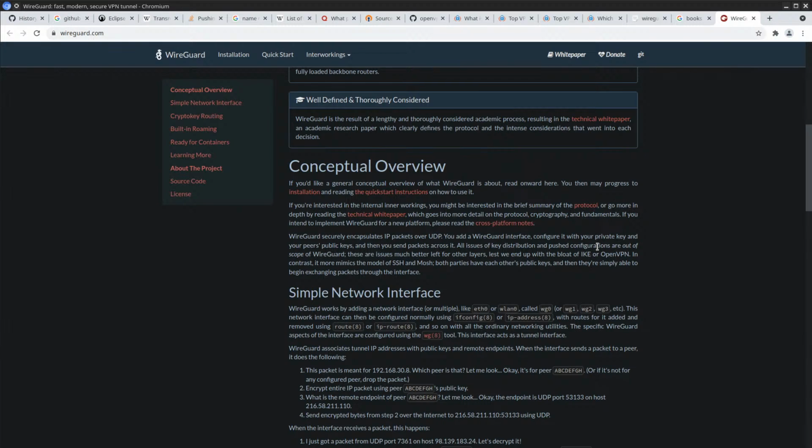WireGuard securely encapsulates Internet Protocol packets over UDP. Well, User Datagram Protocol, whatever its name. Add a WireGuard interface, configure it with your private key and your peers' public keys, and you can send packets across it. So that's what we want.